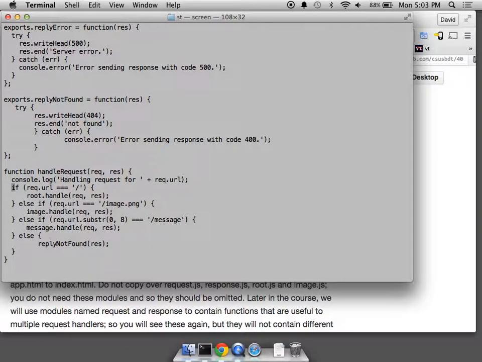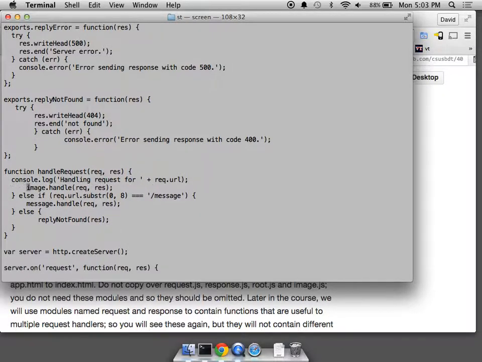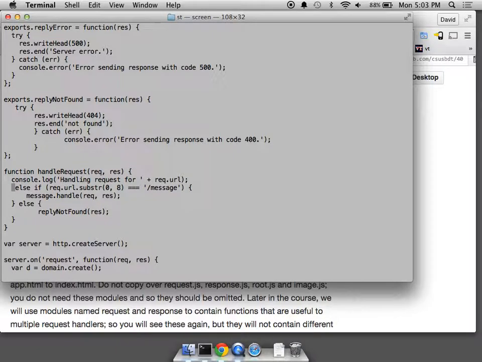All right, so when they're here, it's going to look something like this. We're going to look for request for message. If there's a request for message, we're going to handle it with our message handler. That's it. Otherwise,